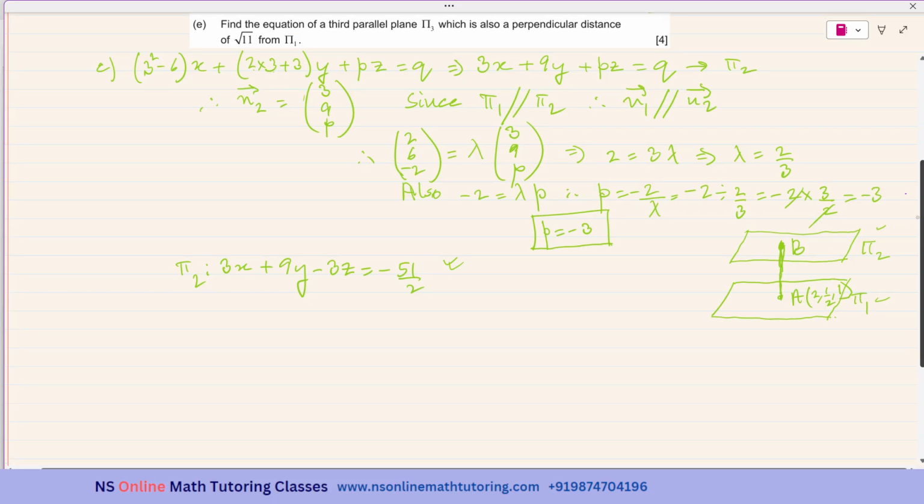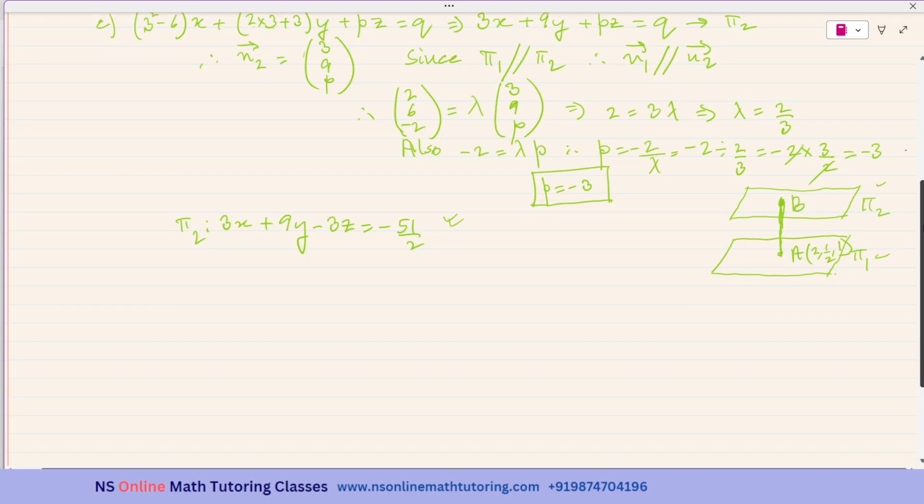And what is the vector equation of a line? How can we get the vector equation of a line? What are the two things that are needed? Number 1, the coordinates of a point lying on the line. And number 2, the direction vector of the line. These are the only two things that are needed to get the vector equation of any line. From the vector equation, of course, you can get the parametric equations or the Cartesian equations. So you have to know the coordinates of a point lying on the line and the direction vector of the line. So we know that the point E is lying on this line EB,